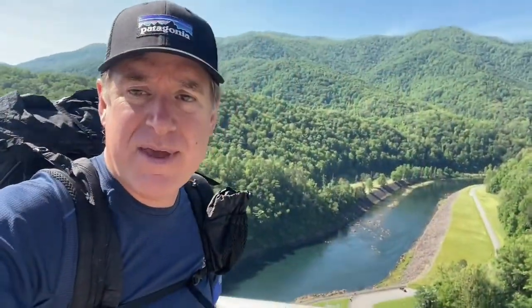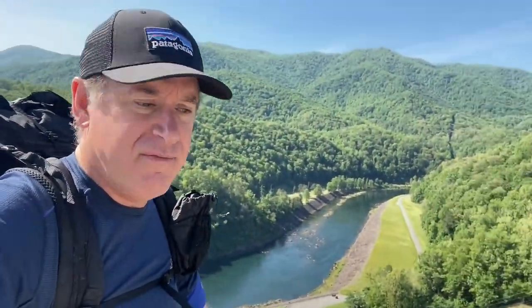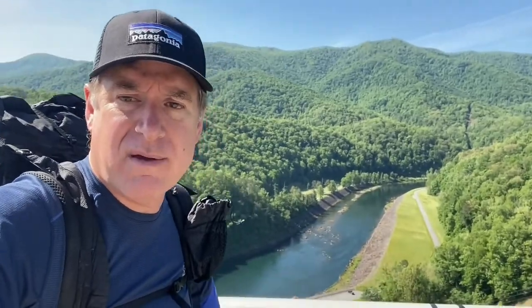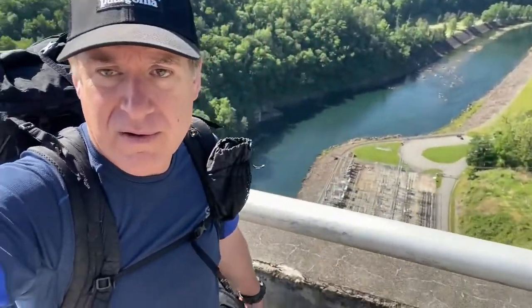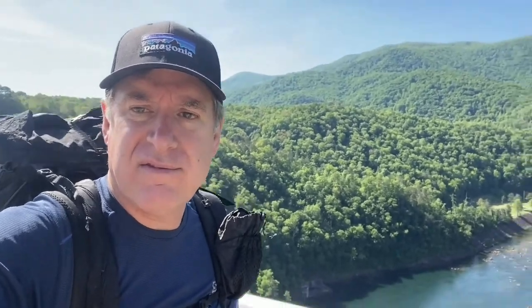Finishing my BMT hike. I didn't have permits last time, so I had to turn around, so I'm back 2 weeks later. There's the Nantahala River below and Fontana Dam and Lake Fontana right there. Anyways, I'm going to be hiking for the next 4.25 days, Smoky Mountain National Park, which should put me at a little over 15 days to do the